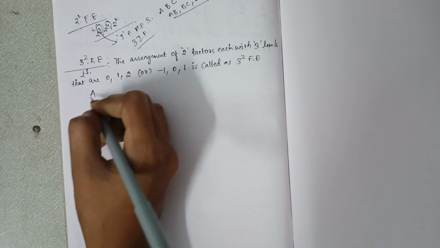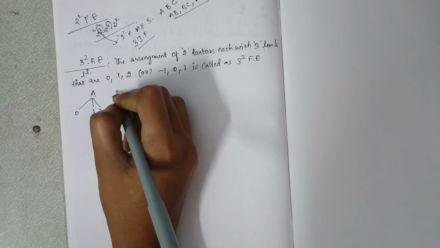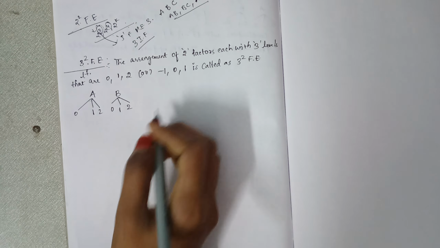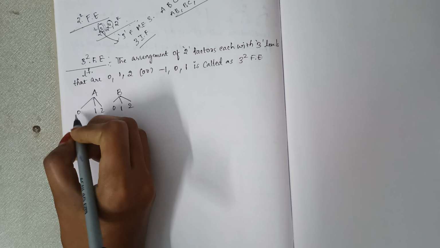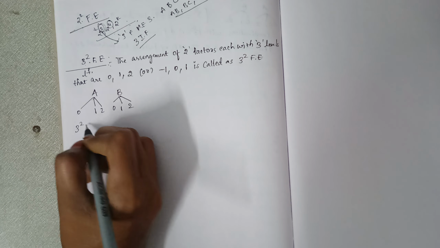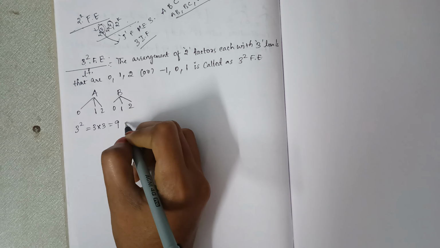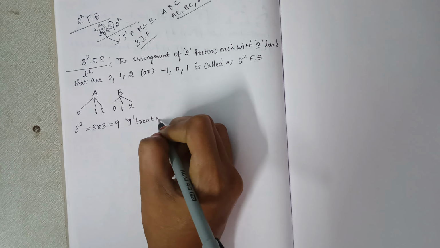So A has 0, 1 and 2 and B has the 3 levels 0, 1 and 2. So here the 3² is nothing but 3 into 3, that is equal to 9. So we have the 9 treatment combinations